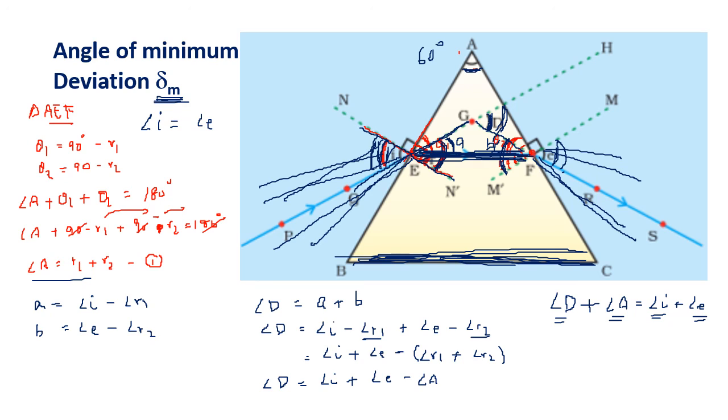So I'm going to end this lecture here. What we have done in the lecture today, we have seen the defects of vision and we have seen refraction of light in a glass prism. We had already seen the refraction of light in a glass slab. In the glass slab also, light moves from air to glass to air. In a prism also it moves from air to glass to air. But in the glass slab, the two surfaces are parallel. In a prism, the two surfaces are not parallel but make an angle A. So these are the conditions you need to know, and then we'll move to the next part of the lesson in the next lecture.